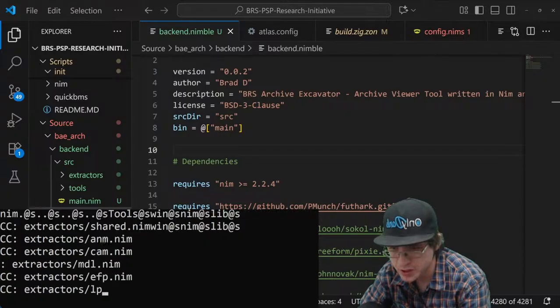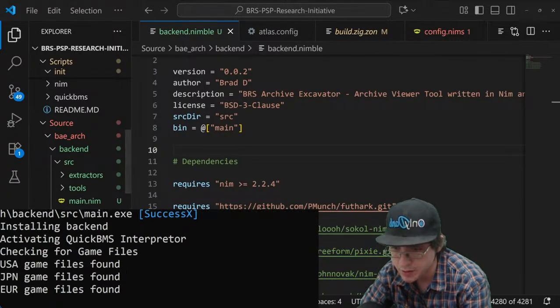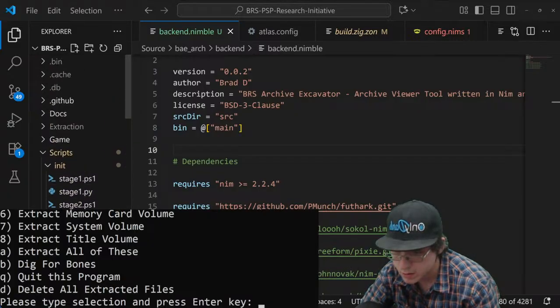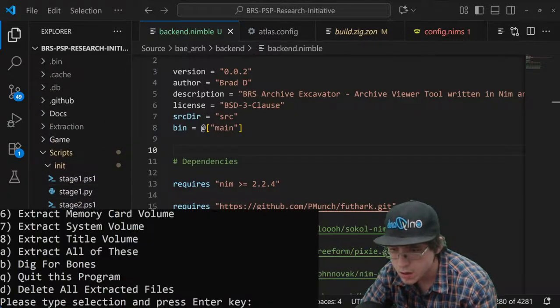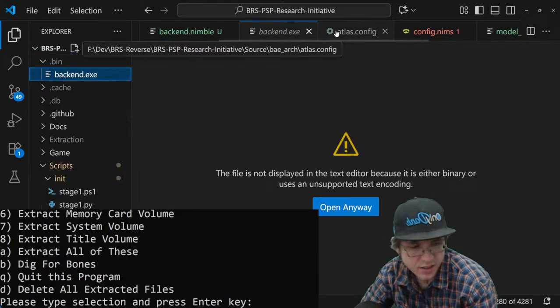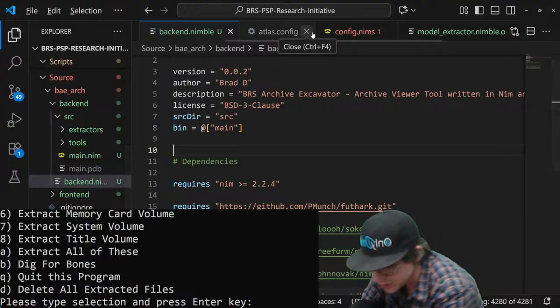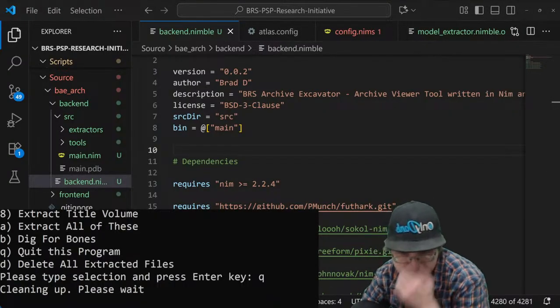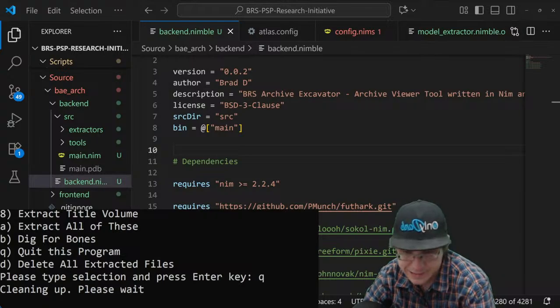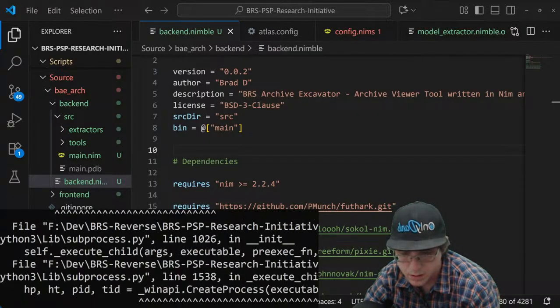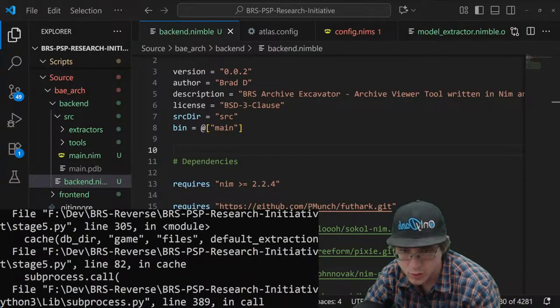It's about lunchtime, and it's actually building fine now. Beautiful. It built like it was supposed to. What was it looking for?